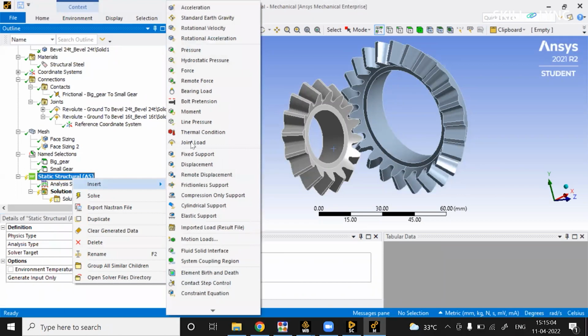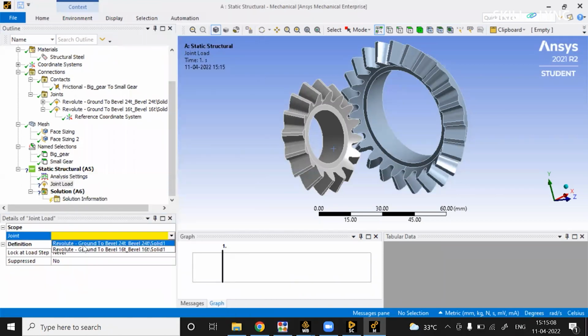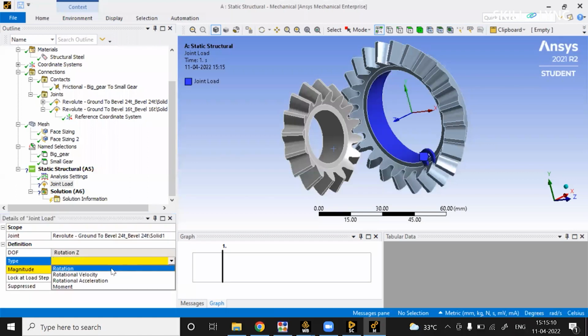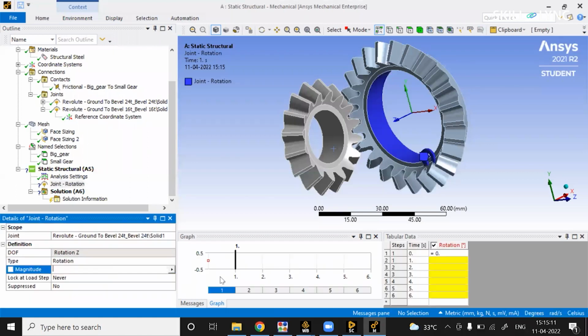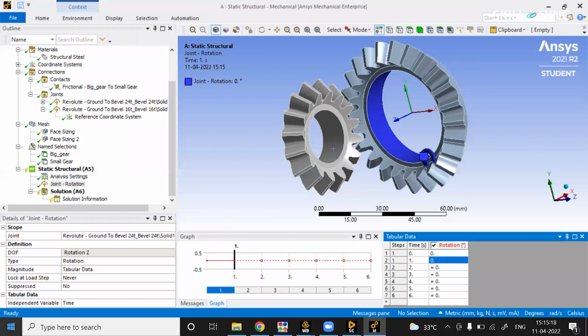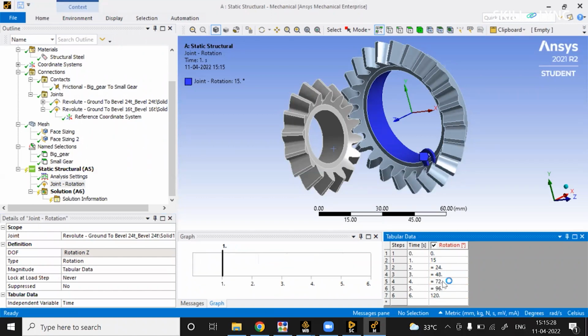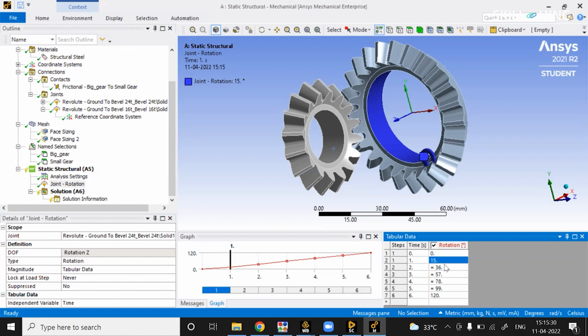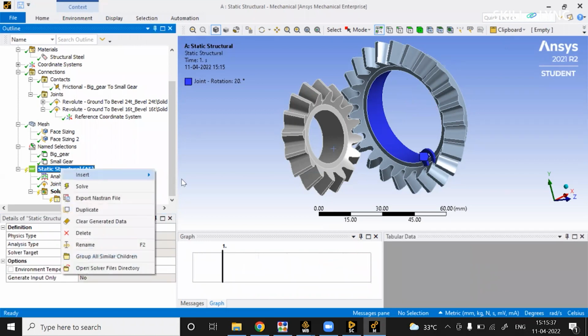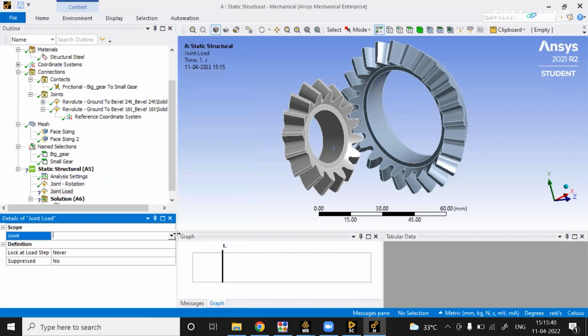You're going to have a joint load for this rotation. Let's say we'll define it in a tabular column, where I'll provide 120 degrees of rotation in general, from, let's say, 15, or let's say 20. Yeah, 20, 40. This is fine. I'll also have to provide a joint load for the other gear,